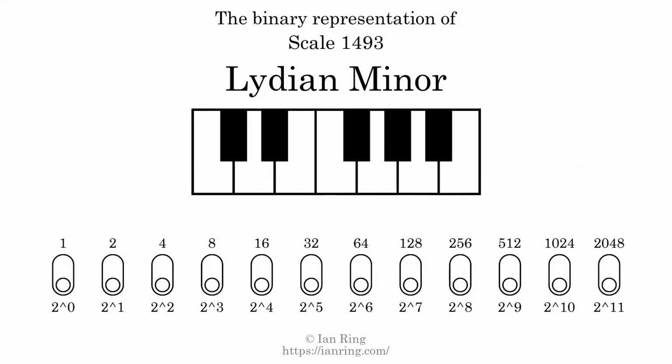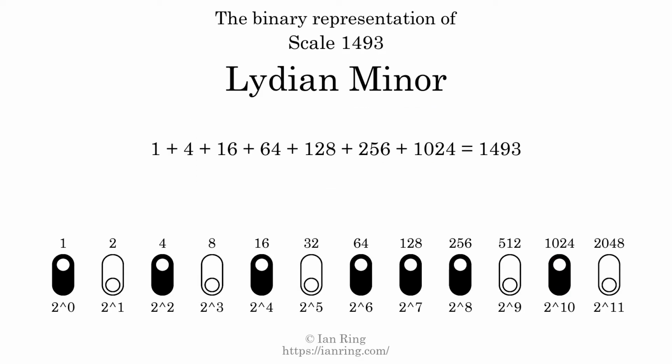The binary representation of this scale is determined by mapping tones of the scale to binary digits. Each binary digit represents a power of 2. To get the scale number, we add the powers of 2 together. The powers of 2 that are present in the scale, all added together, equals 1493. That is why the scale number, in decimal, is